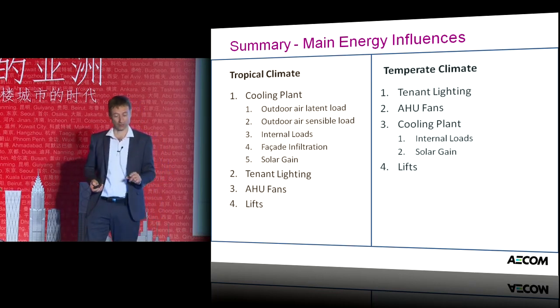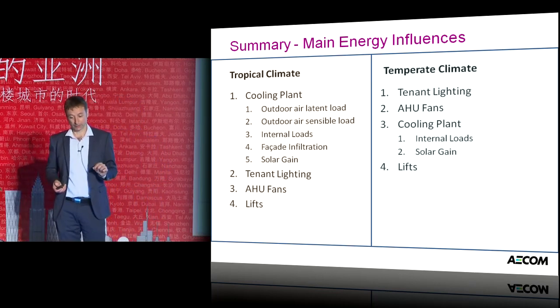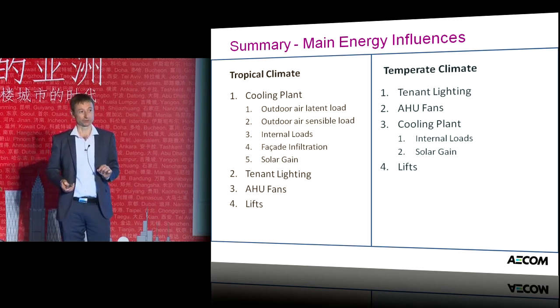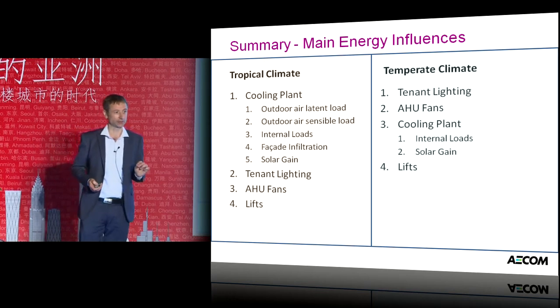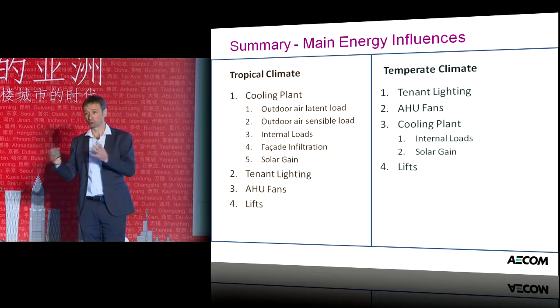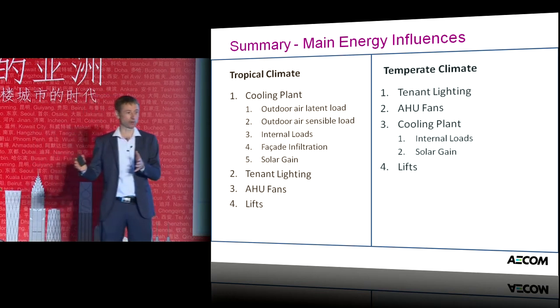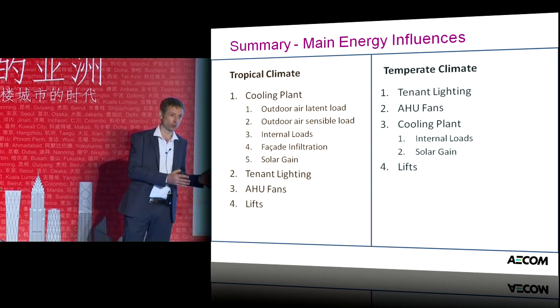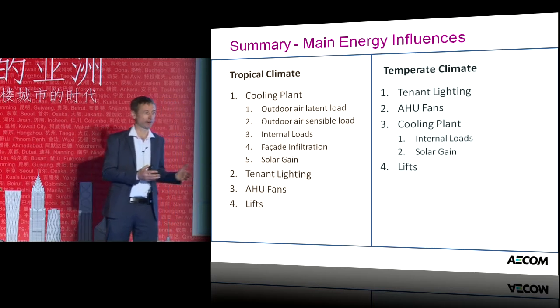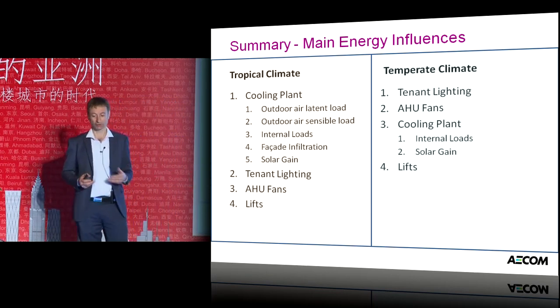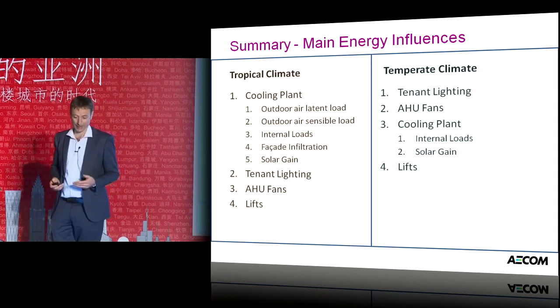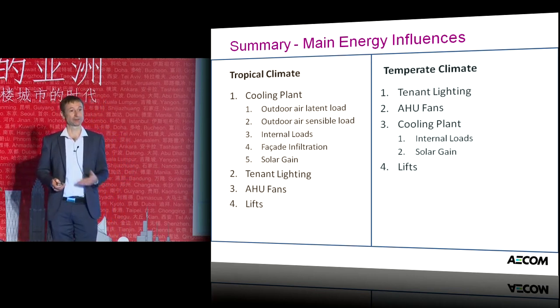And then in the temperate climate, tenant lighting is the main influence. So if you can control your tenant lighting by reducing it from 12, 13, 14 watts per square metre down to 3 or 4, using very low background lighting and then of course task lighting, you can start to see significant gains. Followed by air handling unit fans,